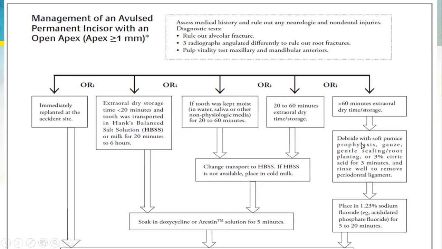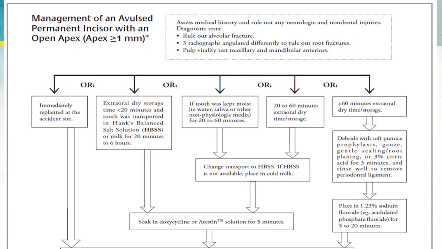Whereas in a dry condition, what you are supposed to do is debride with soft gauze. This root surface has to be debrided with soft gauze. Prophylaxis has to be done. Gentle scaling or root planing should be done. Otherwise, you have to put it in 3% citric acid for 3 minutes and rinse well to remove the periodontal